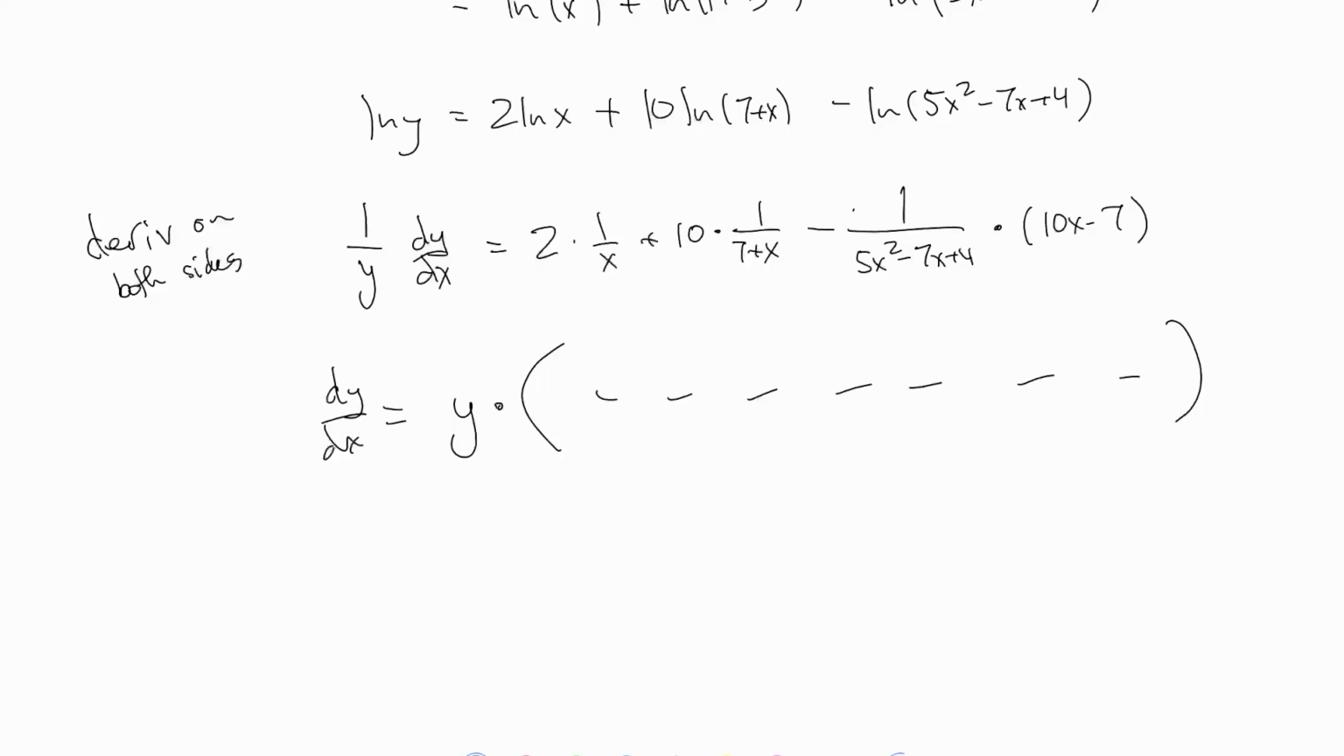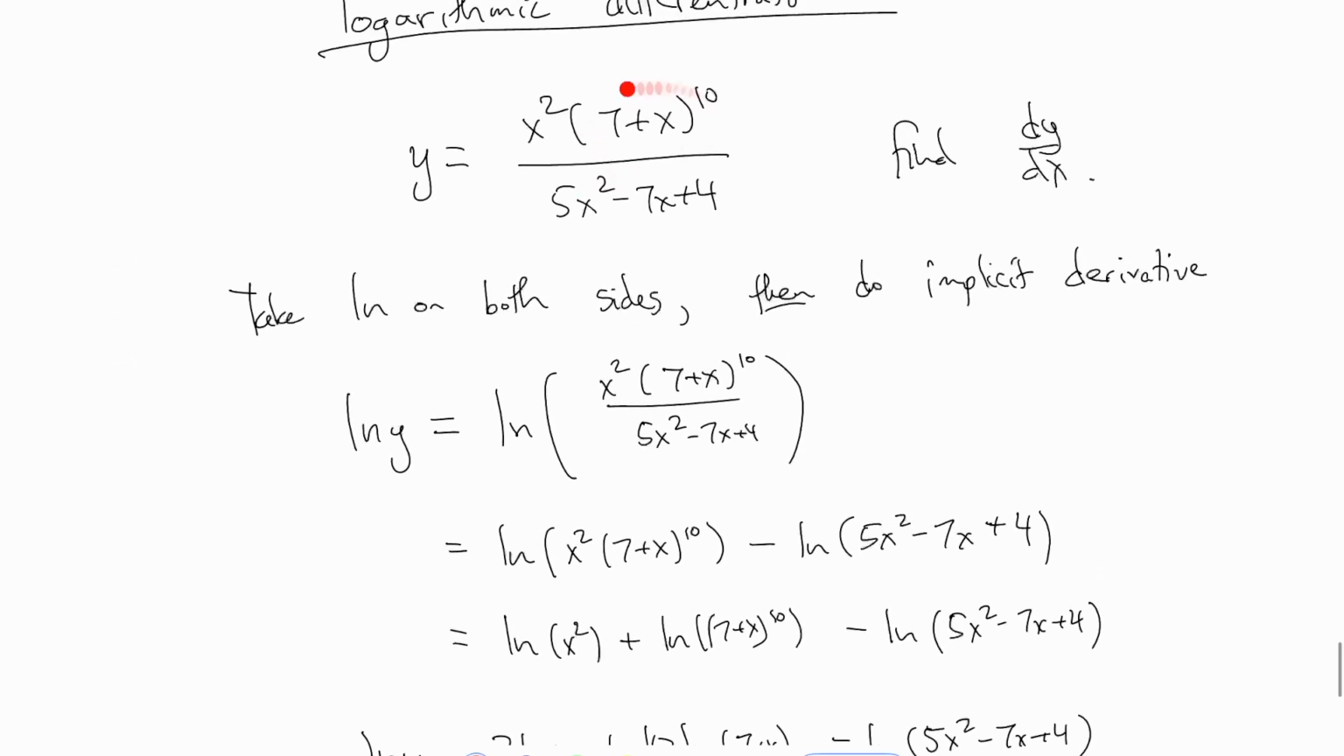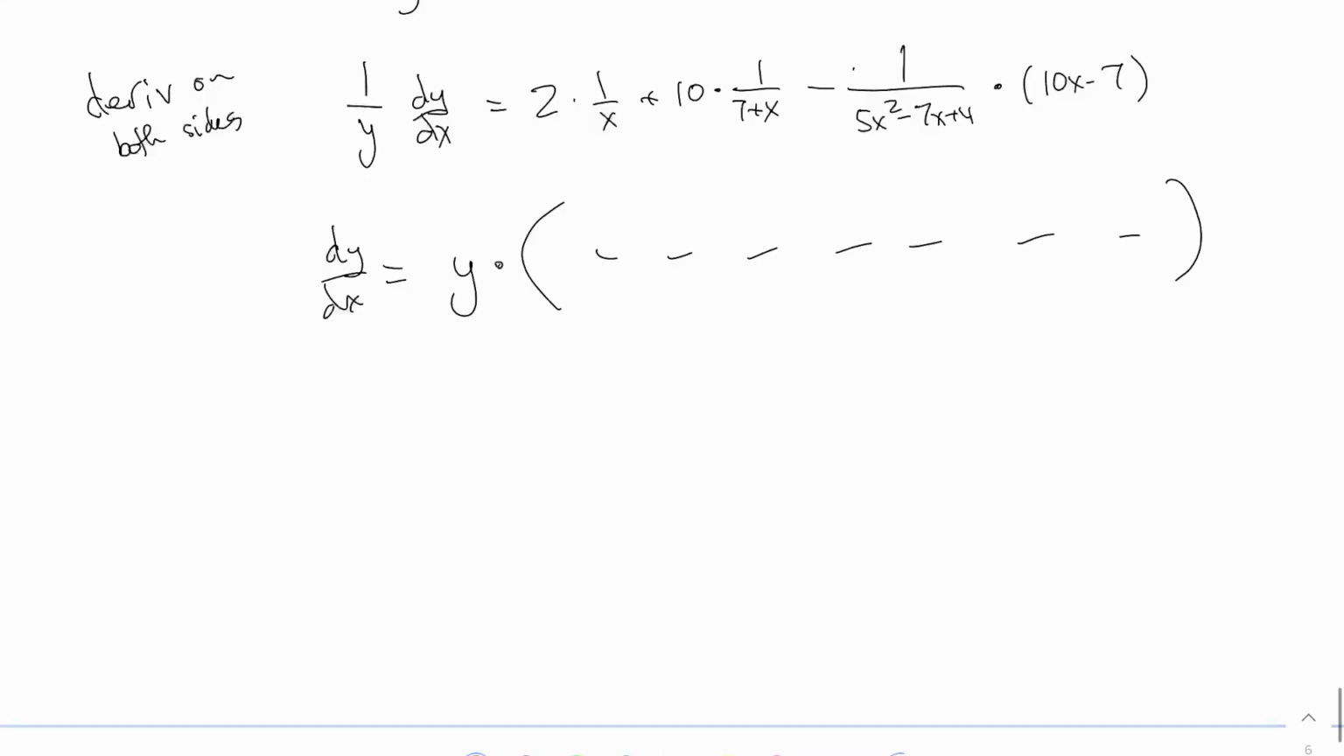Go back to the top, take y equals the same as before. This is what y is in terms of x. So stick that in for y at the very end. So my final answer is x squared 7 plus x to the 10 over 5x squared minus 7x plus 4